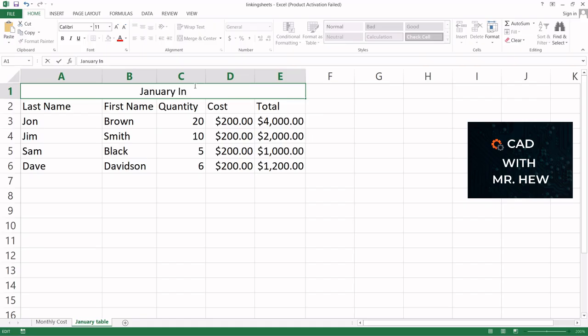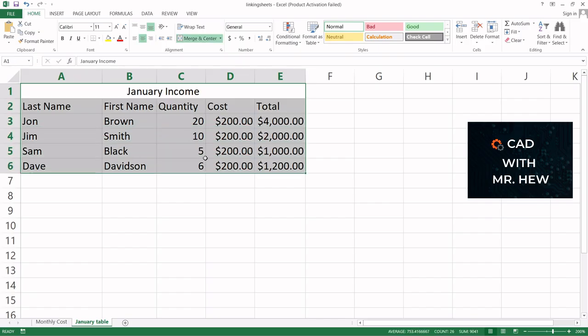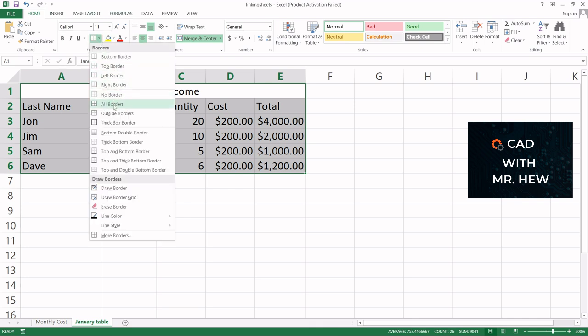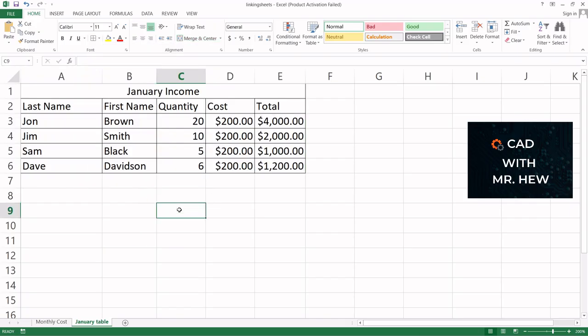income, if I want income for the person who is using the spreadsheet, right? And I can block the cells from A1 through to E6, and I can put some borders on it. So I go up to the font grouping in the home tab on the ribbon, and I click this down arrow, and I can select all borders, and here we have a nice border around our table,